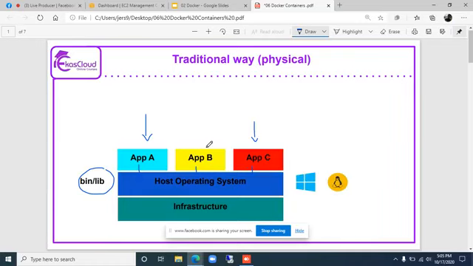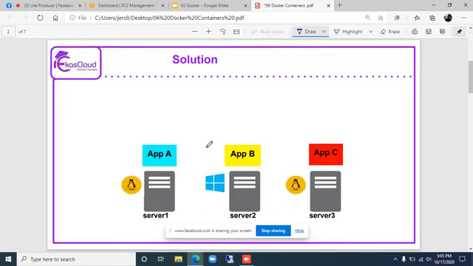In order to fix this problem, normally in the traditional environment, applications are isolated by installing them on dedicated hardware. Here, there are multiple servers running Windows or Linux, and you are installing applications on each and every server, which means the libraries and binaries, the dependent software of the application, lie in that operating system.